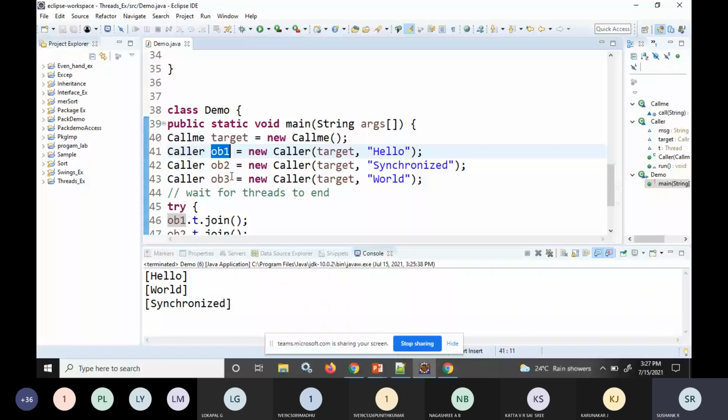Inside the get function, where is the get function? Here, inside the get function, I'm using the wait method. What this wait method will do is suspend the execution. When I'm using the wait method, the execution will be suspended until the producer tells us that some data is ready.